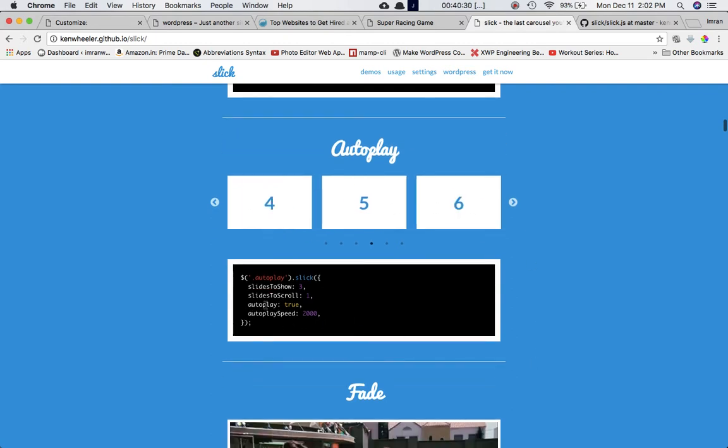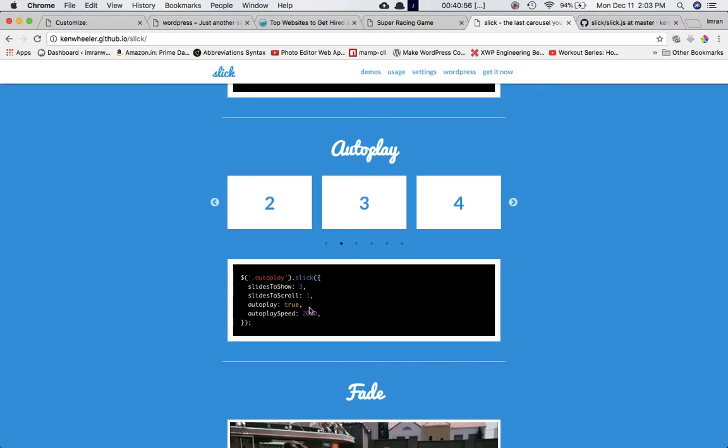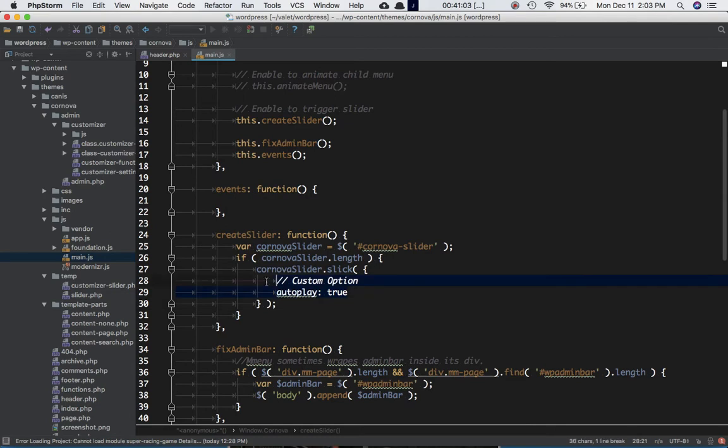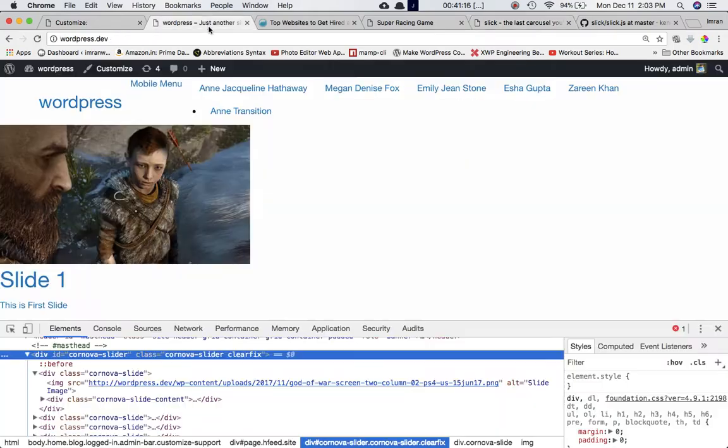If you want that, all you have to do is inside of your .slick. So this is basically jQuery accessing that particular div which contains all of the slider images and slider contents. This is equivalent to this, and I've taken that in a variable. Instead of saying this.slick, I'm just saying Cornova slider.slick. So it's the same thing. Inside of it we need to copy paste the entire thing over here. And once we do that, it's saying slides to show is 3, slides to scroll is 1, autoplay is true. Now if we go ahead and refresh the page,